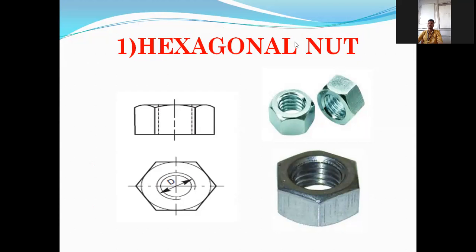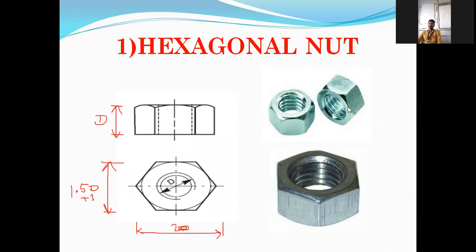As simple as this. So a few terms here, the dimensions we have to remember. So this height is there, equal to d, the major diameter. Again, width across flat, we have discussed this. How much is it? Width across flat is 1.5 d plus 3, does anybody remember? And width across corner is 2d. So likewise it is there.